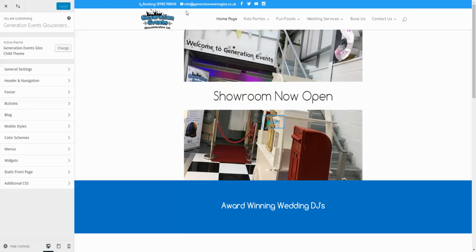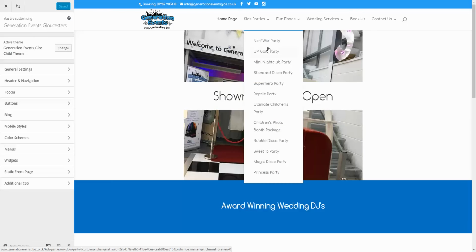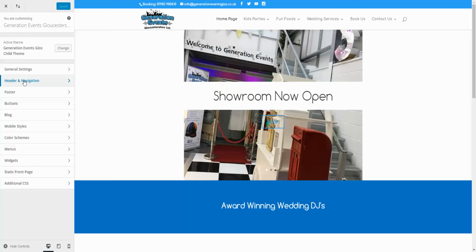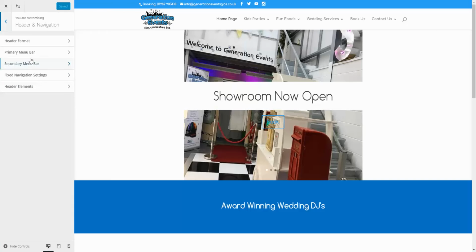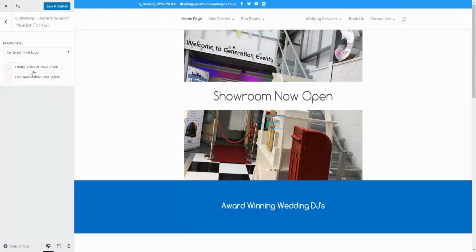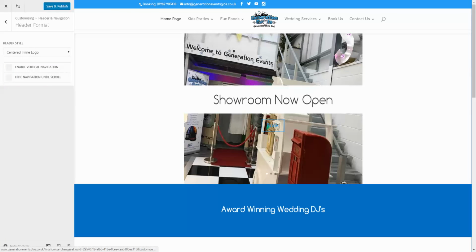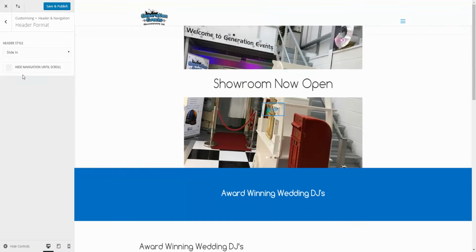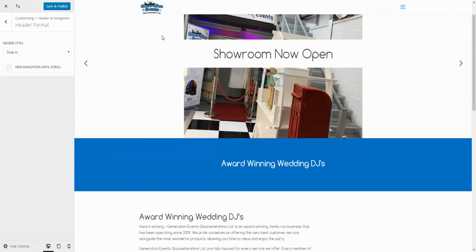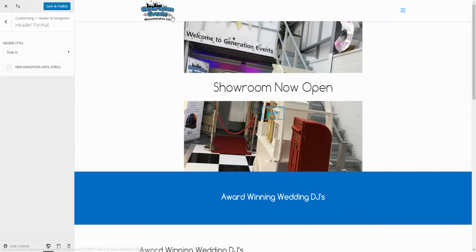So let's say you didn't like the actual header up here and you wanted to change it, wanted to change the menu or the logo or the drop down boxes. Well, you can go onto the header and navigation boxes here, and you go to header format, and you can change the actual layout of your header. Let's say you want to have the logo in the center here, so you can move it to the center of the page, or you can have it so your logo slides in and slides out when they actually load the actual page,